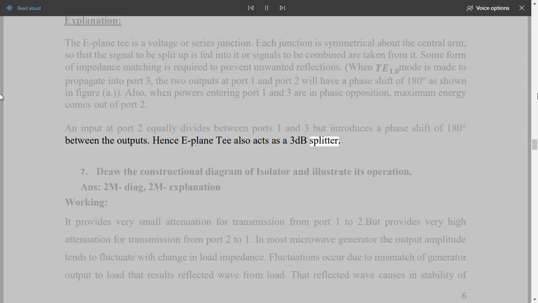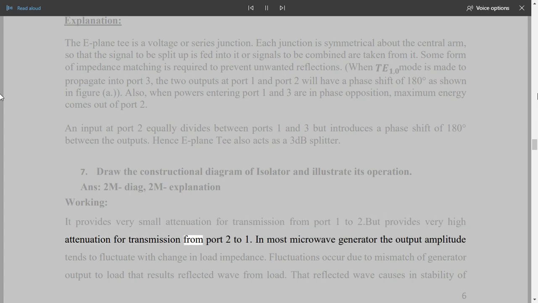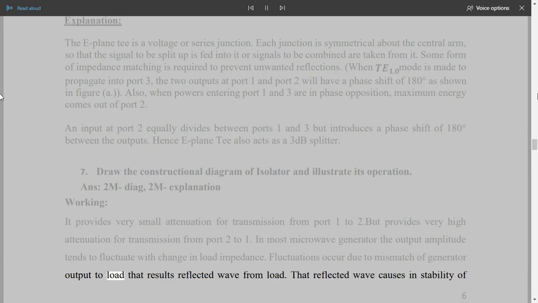7. Draw the constructional diagram of an isolator and illustrate its operation. Answer: diagram 2 marks, explanation of working 2 marks. It provides very small attenuation for transmission from port 1 to 2, but provides very high attenuation for transmission from port 2 to 1. In most microwave generators the output amplitude tends to fluctuate with change in load impedance. Fluctuations occur due to mismatch of generator output to load that results in a reflected wave from the load. That reflected wave causes instability of